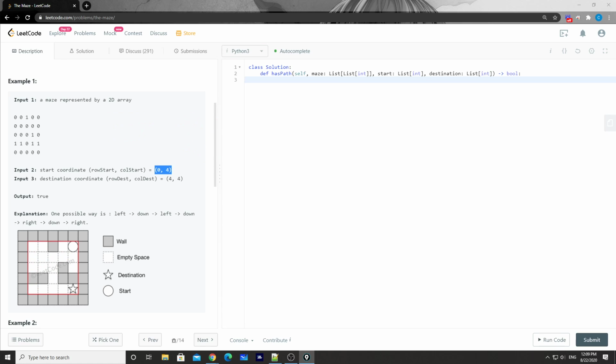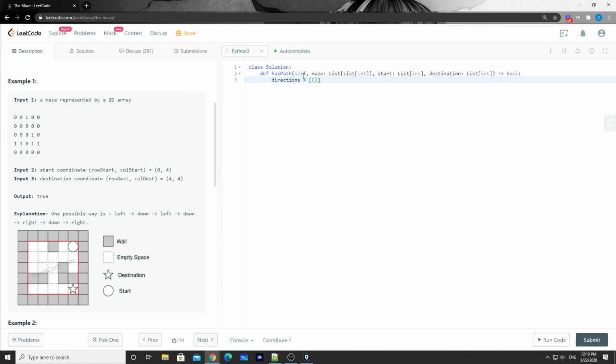So, let's try to code these things up. Compared with the standard BFS or DFS template, the only difference is that we will keep increasing x and y until we reach a wall, and then we'll start from there. That's the only difference. Same thing for the DFS and the BFS.